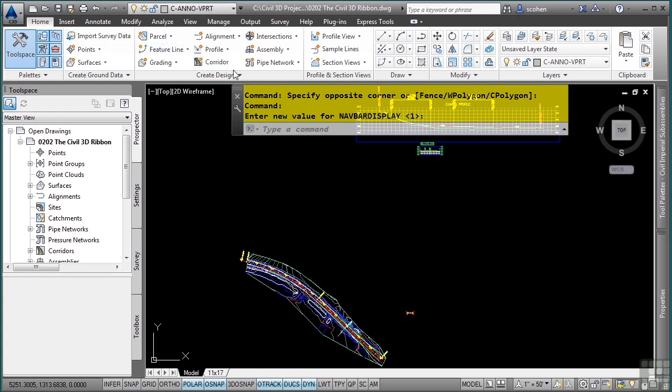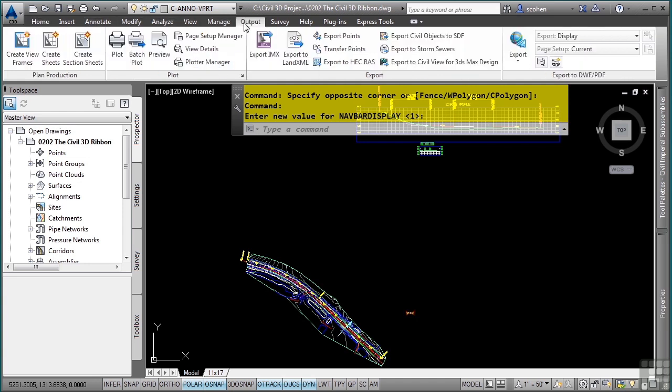So, let's say I want to plot. So let's think about what plotting is. Plotting is an output type operation. So looking at the tabs, you would simply navigate to the Output tab, Plot panel, and here are all your